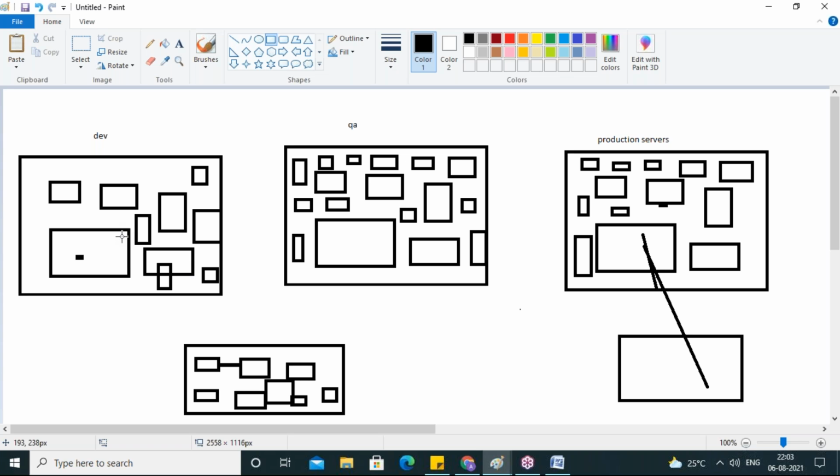So there are manual efforts, and there is dependency between the teams. For example, it's Friday 3 p.m. IST, and a developer has written some code. Maybe the application team and database team are in weekend mode, so they have left the office. So the developer cannot proceed. He should wait until Monday,